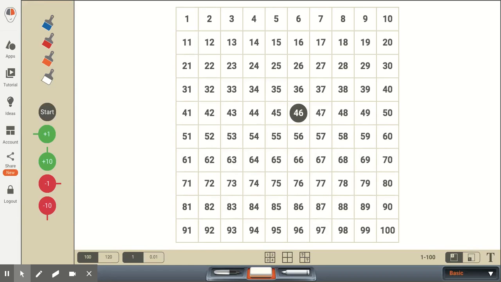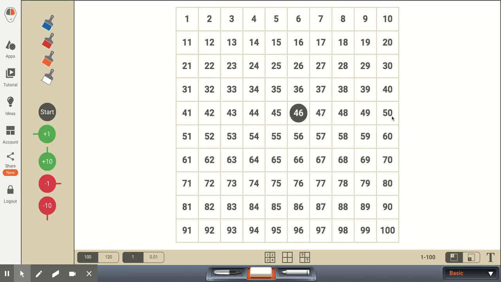This standard is a continuation of the standards that use place value understanding to add and subtract. So in this particular standard, we would start with a two-digit number, and the standard is looking for students to be able to mentally find 10 more or 10 less than a number without having to count, and also to explain the reasoning that they used.